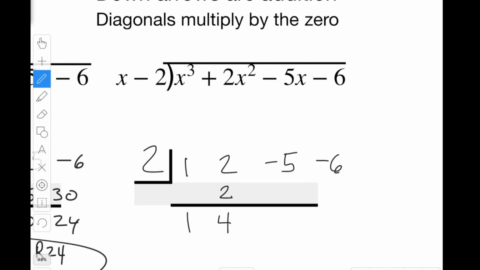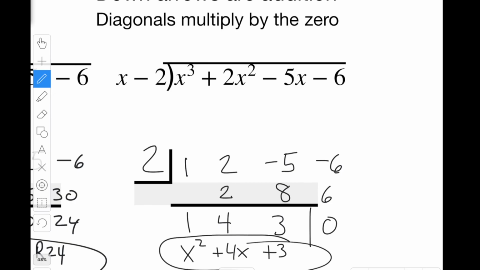Add to get 4, multiply by 2 to get 8. Add the column to get 3, multiply by 2 to get 6. Add the column to get a remainder of 0. So therefore, when you divide those two polynomials, the answer is x squared plus 4x plus 3